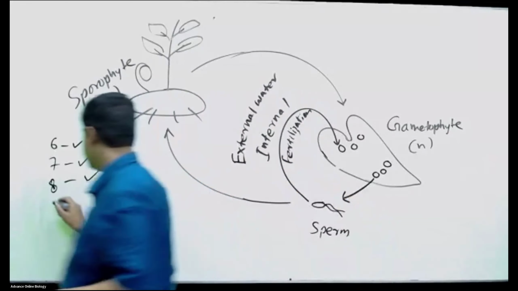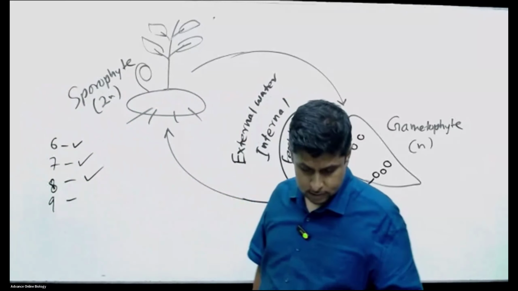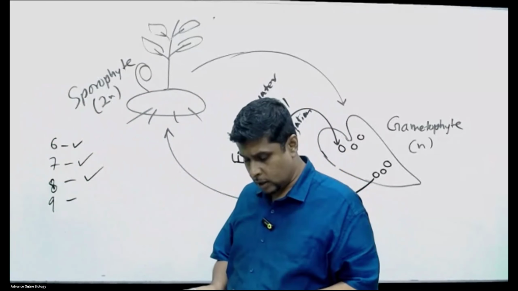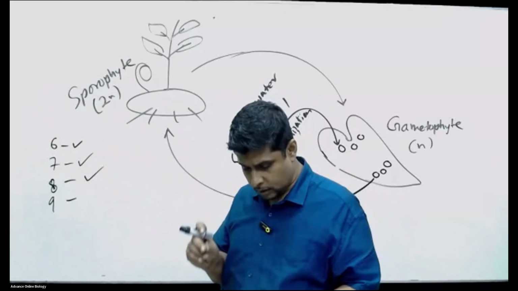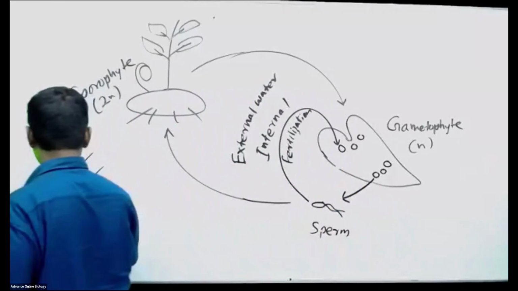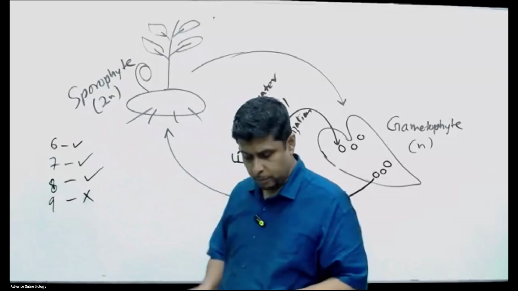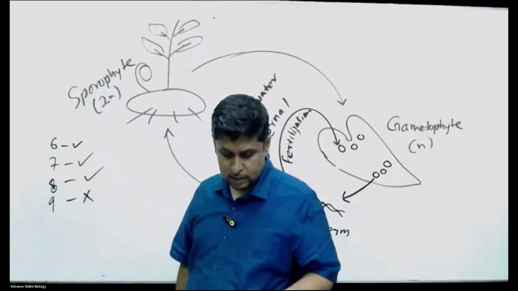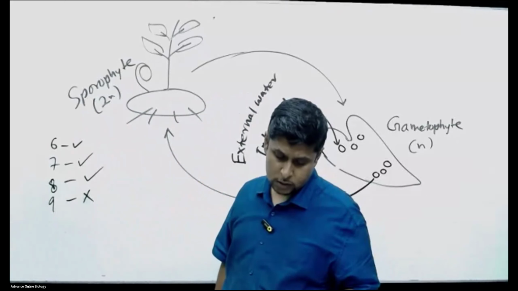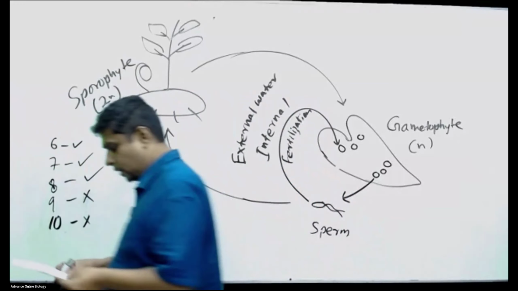Statement 9. Pogonatum gametophyte is photosynthetic, stem, leaf and roots are present in gametophyte. Pogonatum gametophyte is photosynthetic. Stem, leaves and roots? No roots, neither. Rhizoids. Wrong statement. 9, wrong statement. 10th one, Pogonatum embryo is retained within the archegonium and developed into diploid sporophyte by obtaining nutrients from the nucellus. Wrong. Where is nucellus in Pogonatum? No nucellus for Pogonatum.